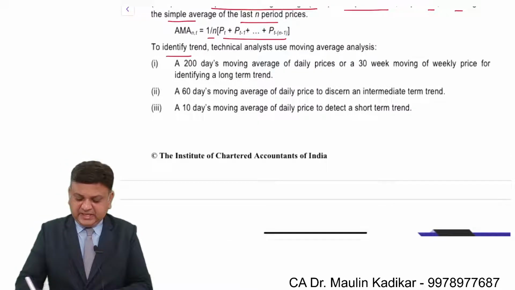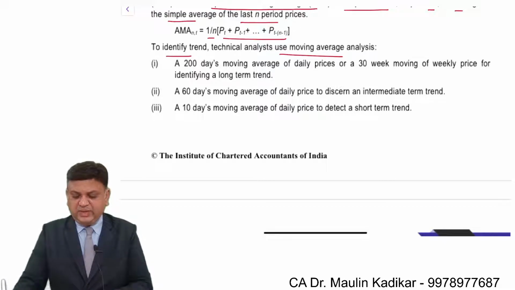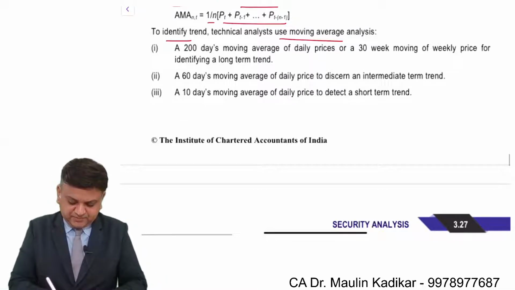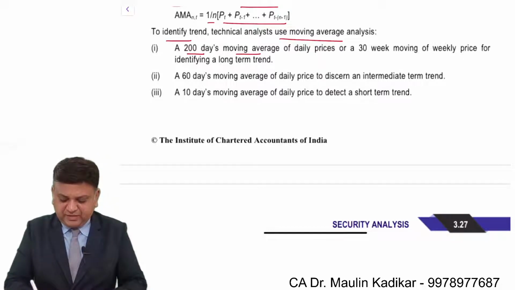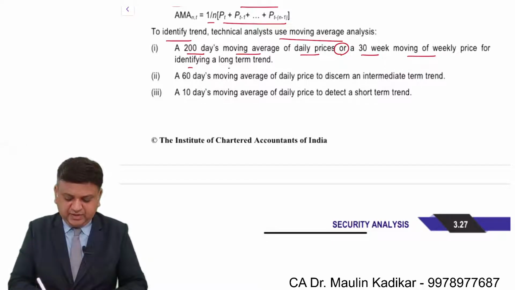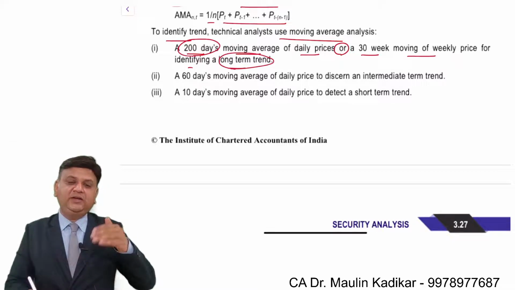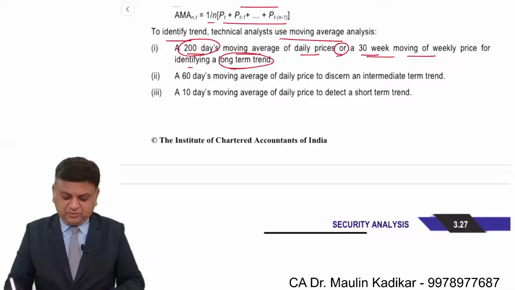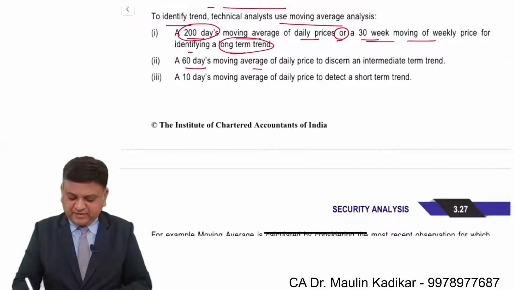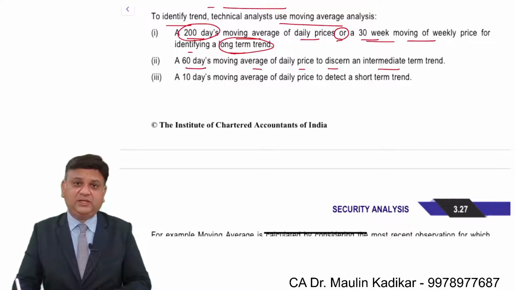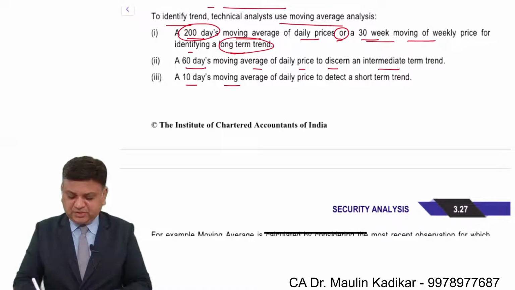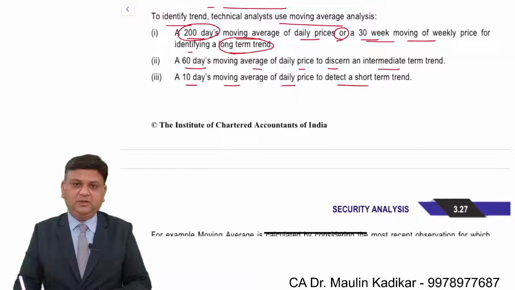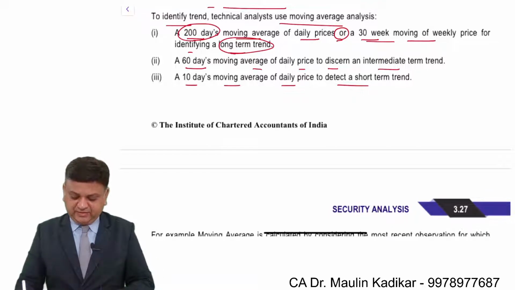To identify trends, technical analysts use moving average analysis. A 200 days moving average of daily prices or 30 weeks moving average of weekly prices for identifying the long term trend. तो 200 दिन का प्राइसेस लिया जाएगा for identifying the long term trend, या तो 30 weeks का moving average, 60 days moving average of the daily prices to discern an intermediary term, 10 days moving average of the daily price to detect the short term trend. तो आपको टाइम पीरियड सेलेक्ट करना है, उस हिसाब से आप मूविंग एवरेज कैलकुलेट करोगे।